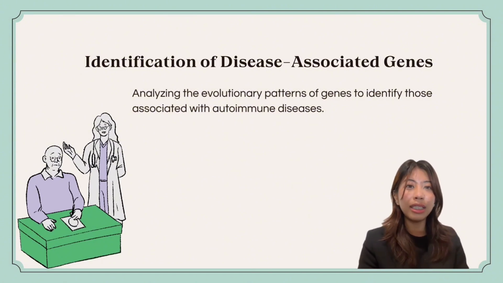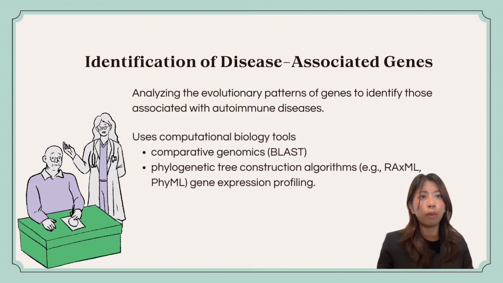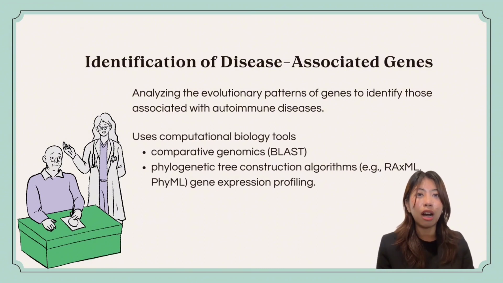So to do this, we analyzed how genes have evolved, looking for patterns related to autoimmune diseases. We use computational tools like BLAST for comparing genomes to spot genetic differences linked to these diseases. We also use tree building algorithms like RAxML and PhyML to study how immune system genes have changed